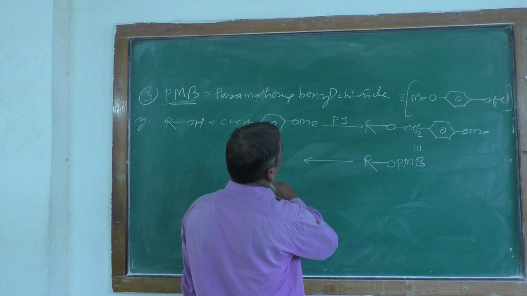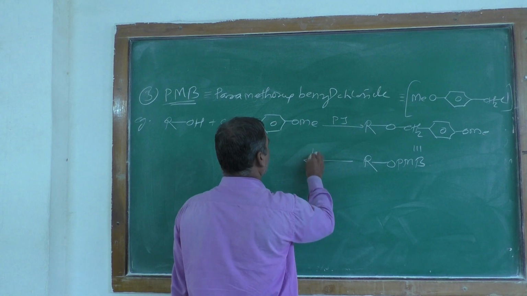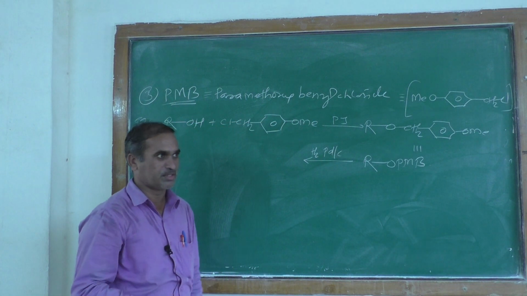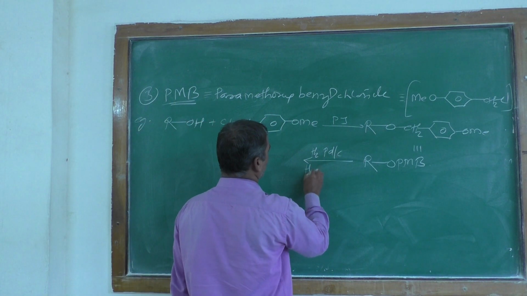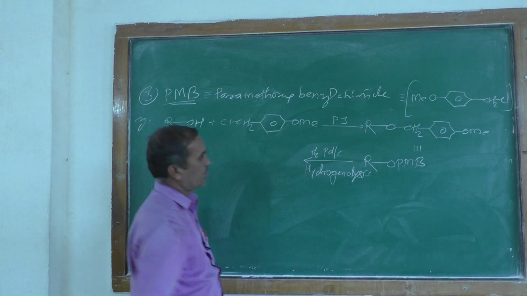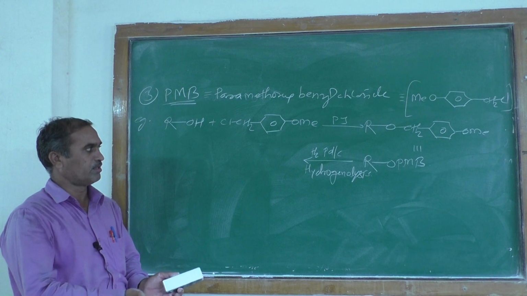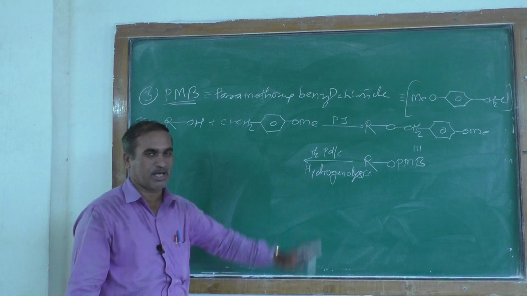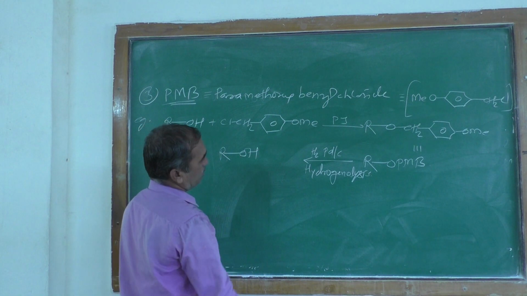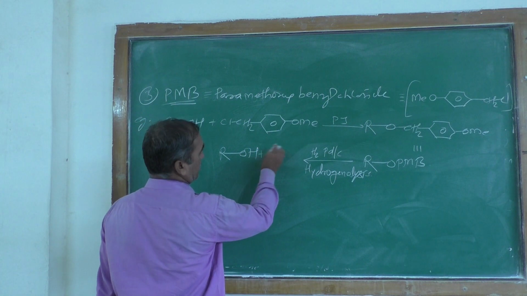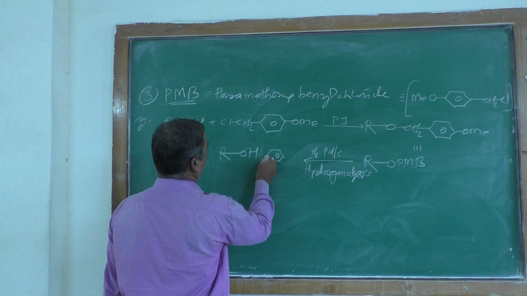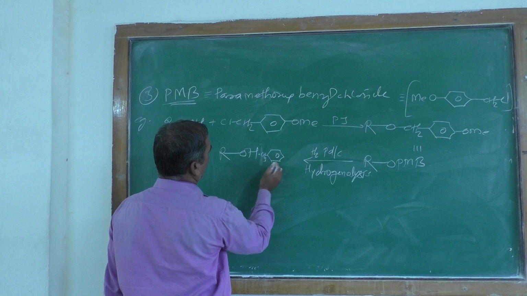Now this will be deprotected by using H2 in presence of palladium charcoal. This reagent or this process is known as hydrogenolysis. So hydrogenolysis, deprotection takes place, and we are going to get our original compound, the ROH alcohol, and the side product may be this one, CH3 para-toluene,